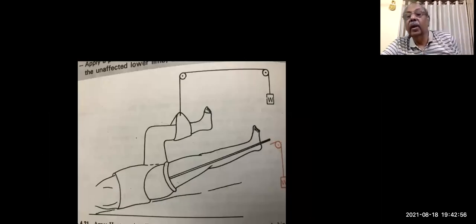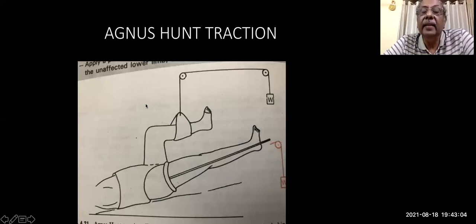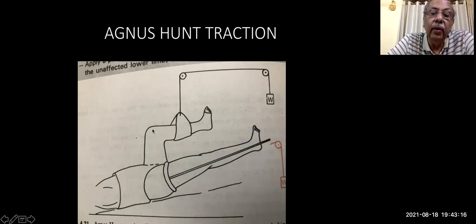And this was one that is commonly asked, what is this traction? And if you see a traction on the normal side like this, it is the Agnes Hunt traction or the well-leg traction. Where is it used? It was used for correcting flexion deformities. See, in many of the cases of tuberculosis with flexion deformity, what they are doing is something like a Thomas test by flexing the hip joint so that the lumbar lordosis is getting obliterated. Keep this limb in this position, then apply the Thomas splint and gradually give traction so that they can correct the fixed flexion deformity.